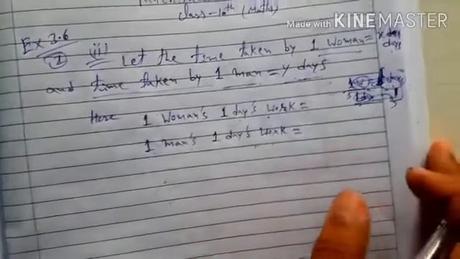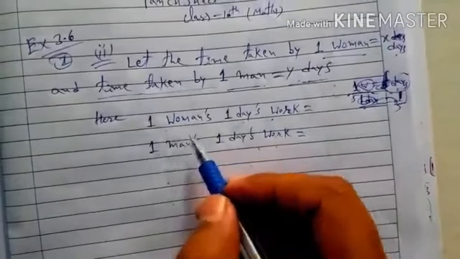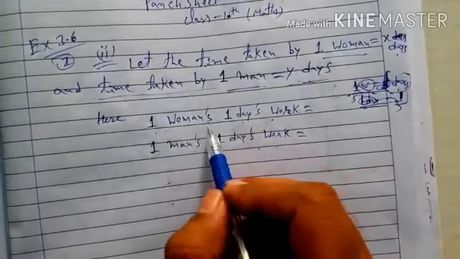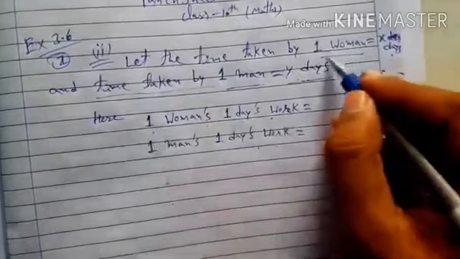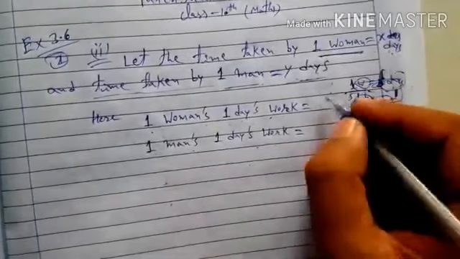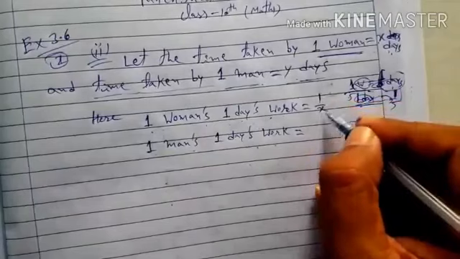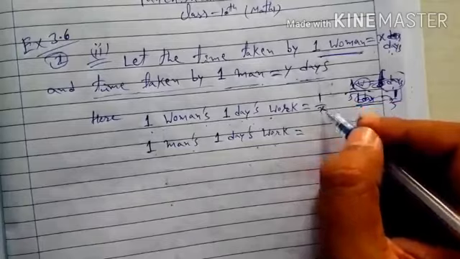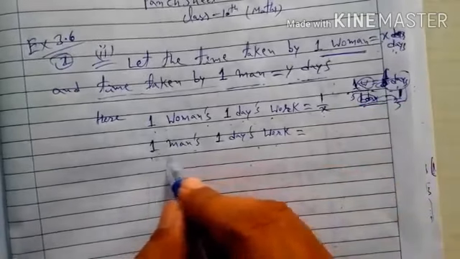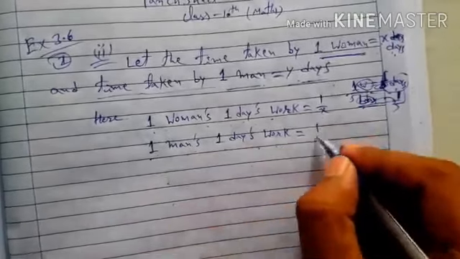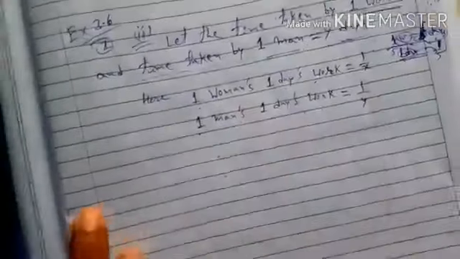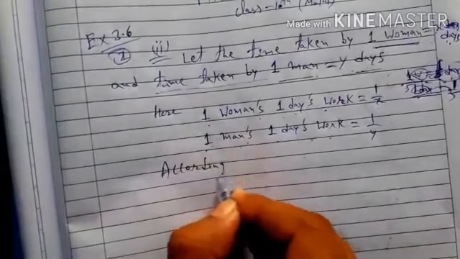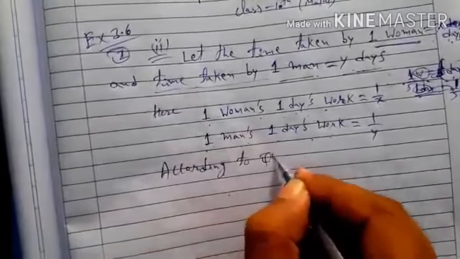So first, write the first line: one woman's 1 day work. One woman completes the work in x days, so 1 day work is 1 by x. The total number of days goes in the denominator, so 1 day work is 1 by x. Similarly, one man's 1 day work is 1 by y. Okay, so according to the question,